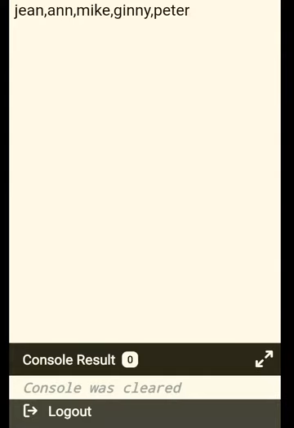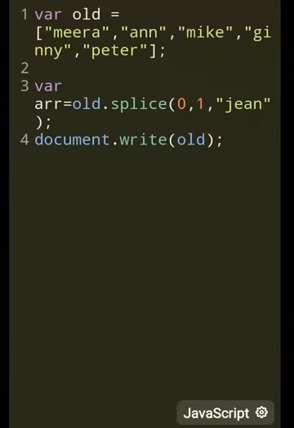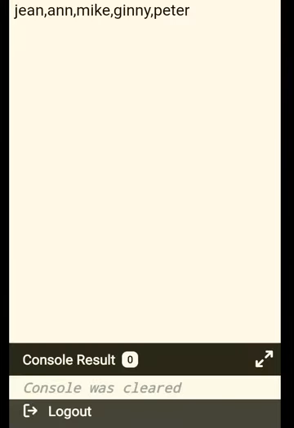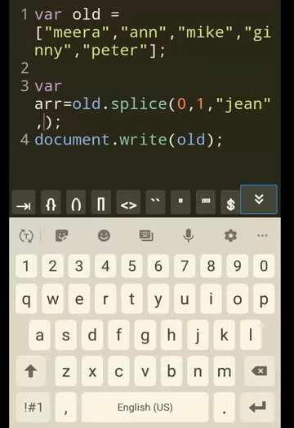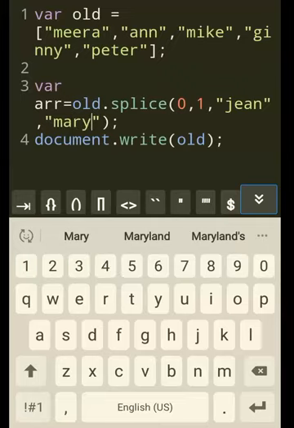I have Gene and Mike, Ginny, Peter. What happens is, at position 0 was Mira, so that one is replaced by Gene. The rest of the items remain, but it's mutated because the first item has been replaced. Now, if I write more than one item, that is Jean, and then Mary, I can write any number of items.